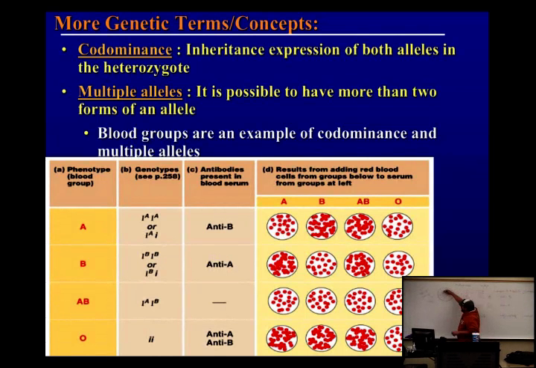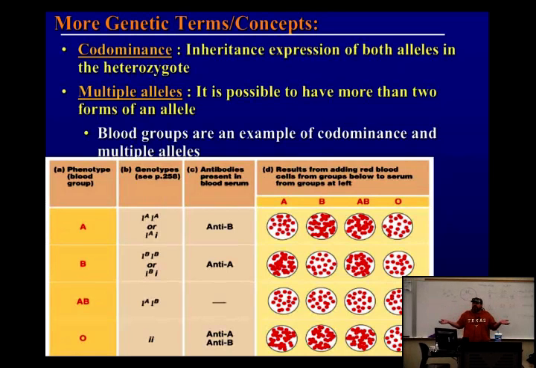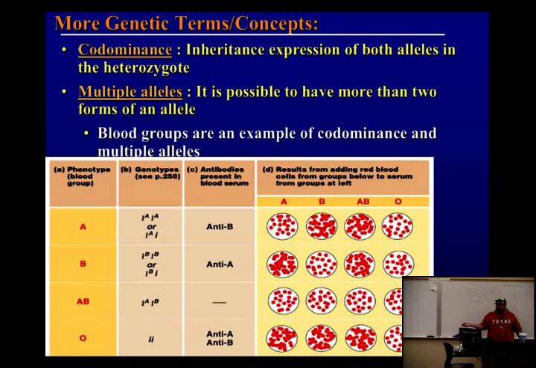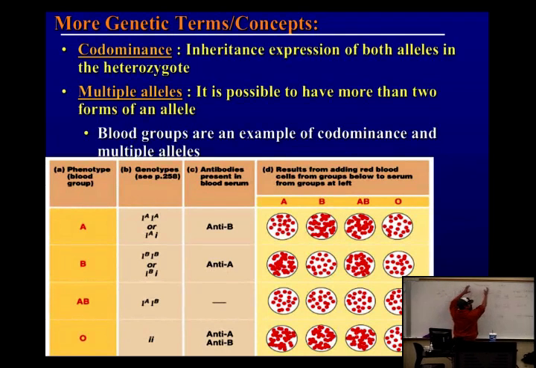You could have a gene on here that makes the A protein, or a gene on here that makes the B protein, or a gene on here that makes no protein, right? If it makes none, it's still considered an allele. Remember the purple and white flowers? We still considered white an allele even though it didn't make anything. So that's what we mean by alleles. And remember, the gene is for your blood type, your ABO blood type is what we call it. But the alleles are the individual pieces of DNA that make the proteins.